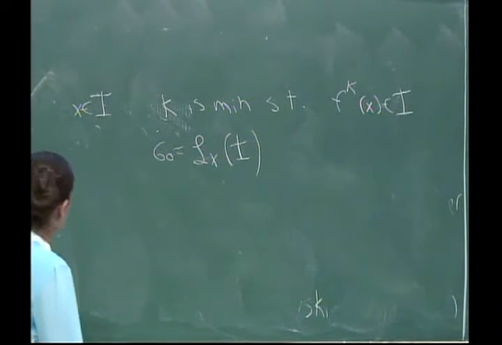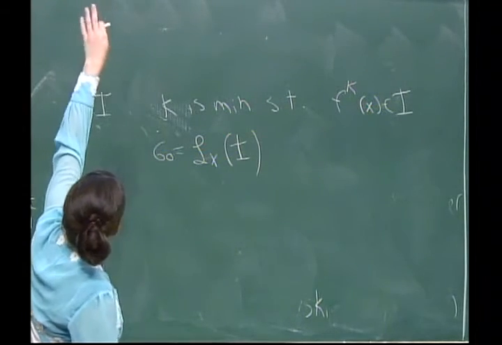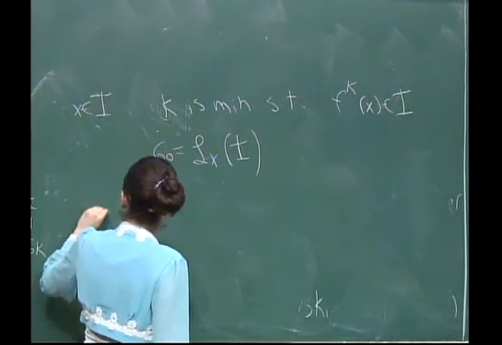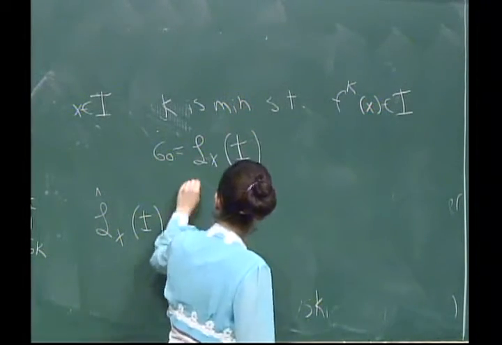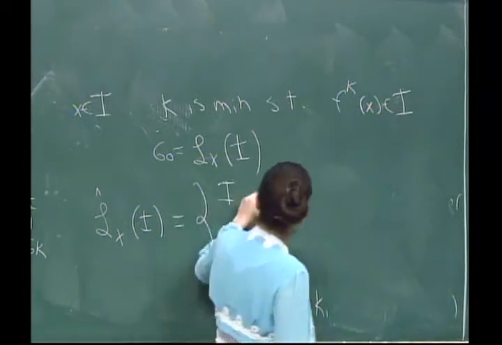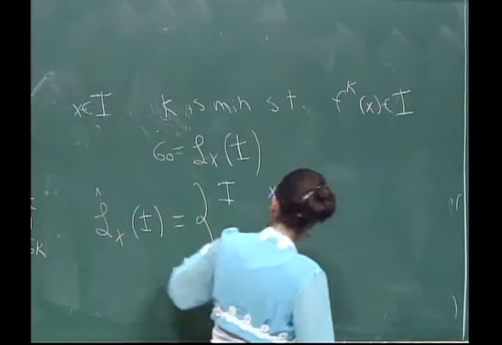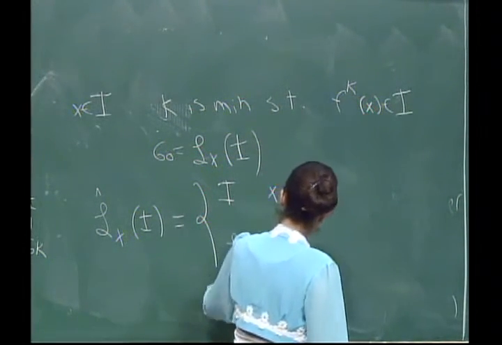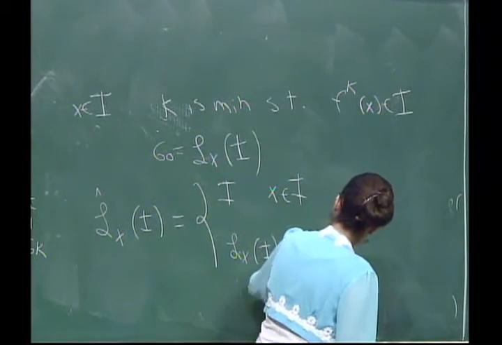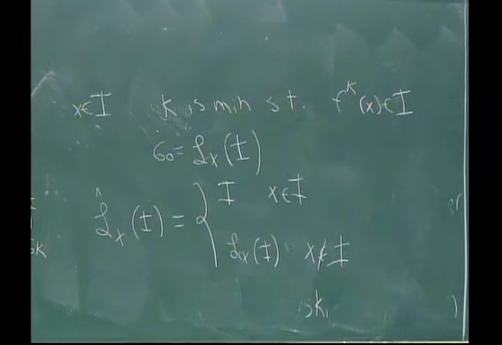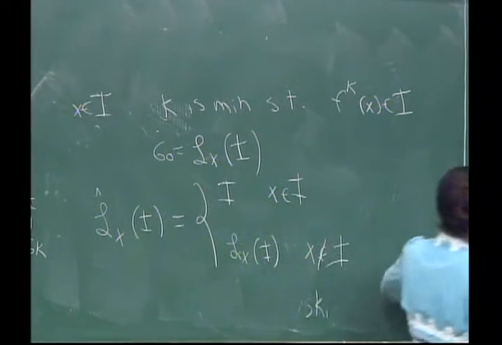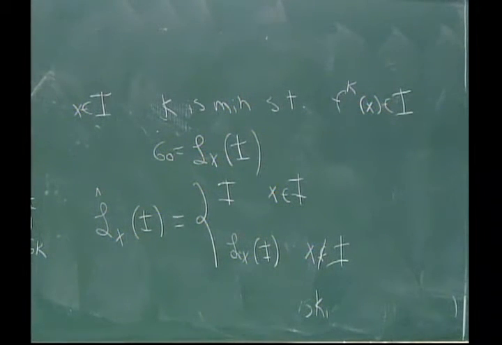And, okay, so then we're going to define that L hat thingy there. So L hat of x of I is nothing else but I, if your point x is in I, and the landing domain of x to I, if your point x is not in I. Okay, so that's the set. So we have an interval, we consider the points that come back to it, and we associate some domains. So we have I,